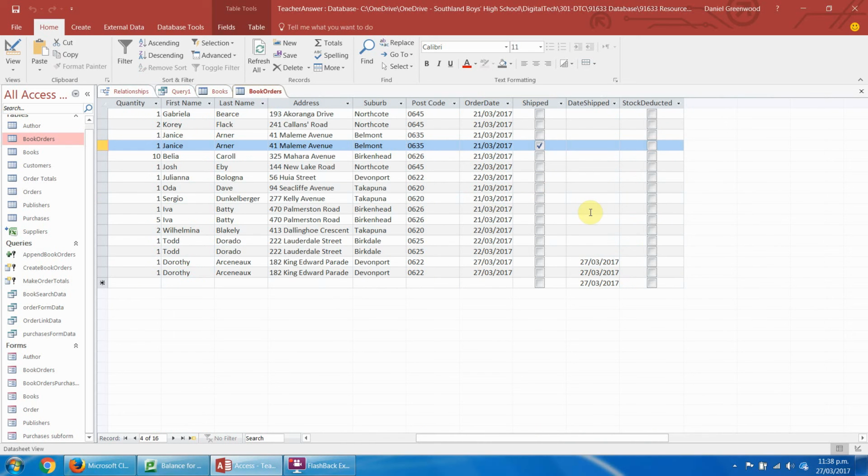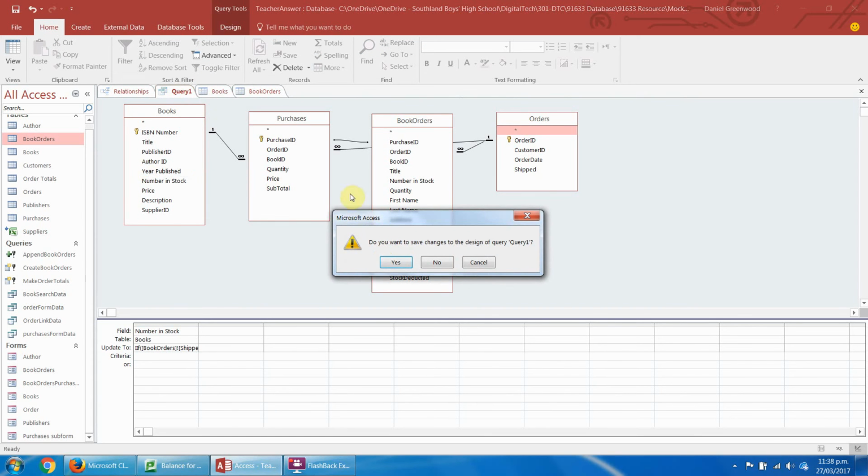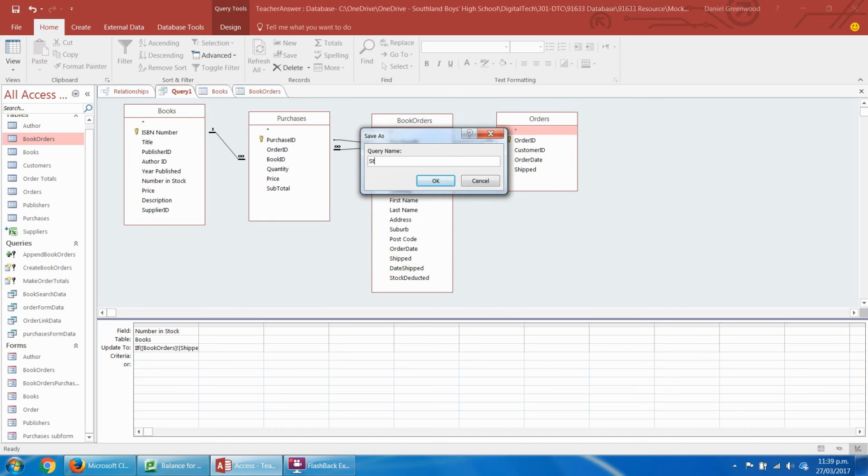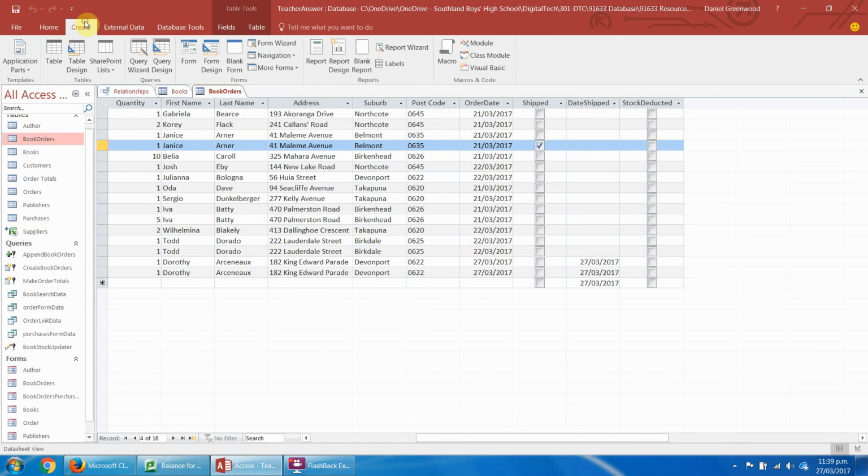So I could just tick this manually, but you've got to trust that I'm going to tick it religiously every time, once this is done and I've pressed it, then I tick that, and it's asking for someone to make a mistake. So we will create, I'll close this, I'm going to say yes, and I'll call this Book Stock Updater. Okay. And then I'm going to create